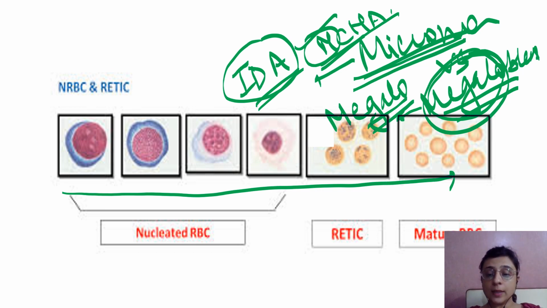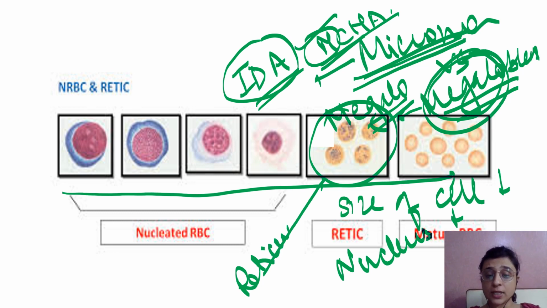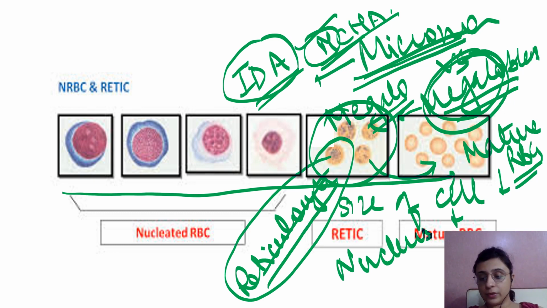Now, as to the stages of maturation, everybody knows that along the stages of maturation, the size of the cell keeps decreasing, one thing. And second, nucleus size also keeps decreasing and it is extruded out. Which stage of RBC maturation is it extruded out? It is extruded out at the stage of reticulocyte. So reticulocyte is the stage where the nucleus is extruded out, and it takes around 1 day. For 1 day this reticulocyte remains in the blood circulation and is finally converted into mature RBCs. What are mature RBCs? These are the RBCs we see in our normal peripheral blood picture.